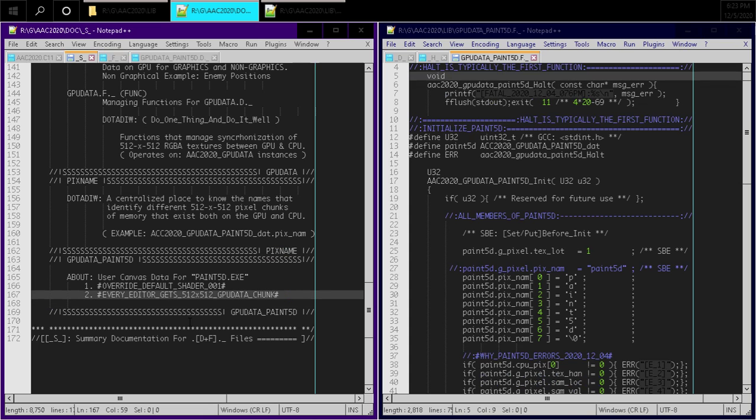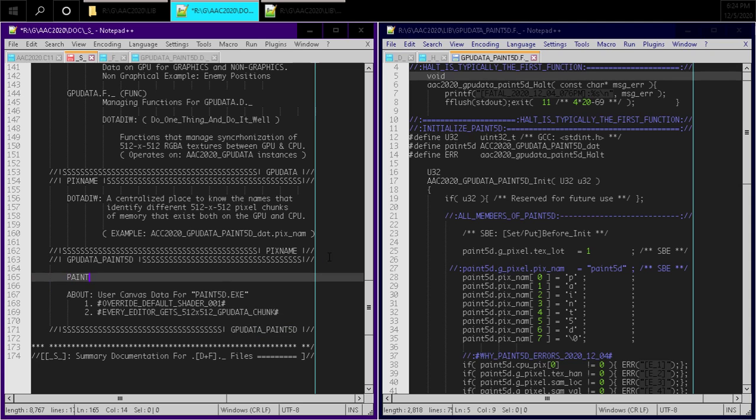So the next thing is, before we actually write more code, the very last thing I want to do is this GPU data Paint5D thing is an eyesore. So we're gonna just say Paint5D, previously known as, right? So we're gonna leave only this token here, and then everywhere else we see GPU data Paint5D, we're just gonna replace it with just Paint5D, and we're gonna be kind of careful at how we do it,